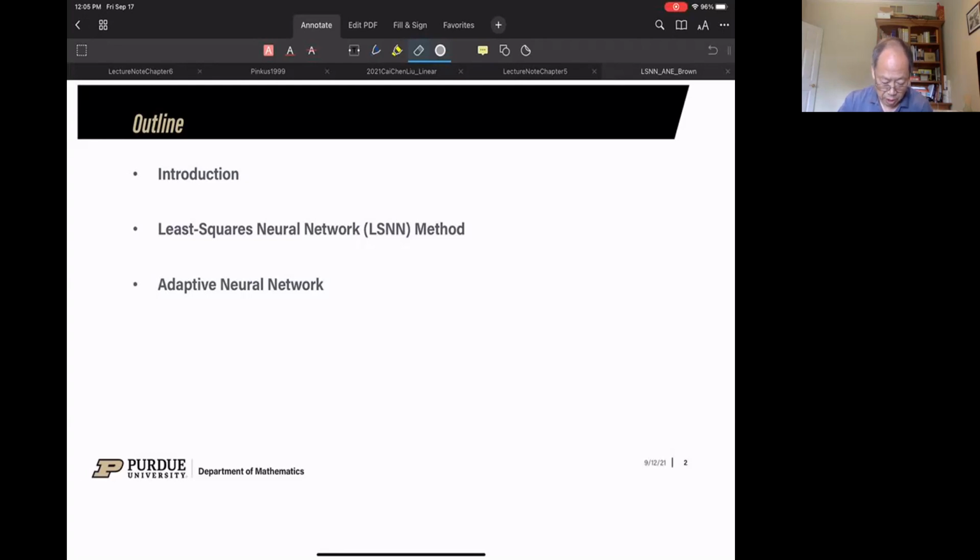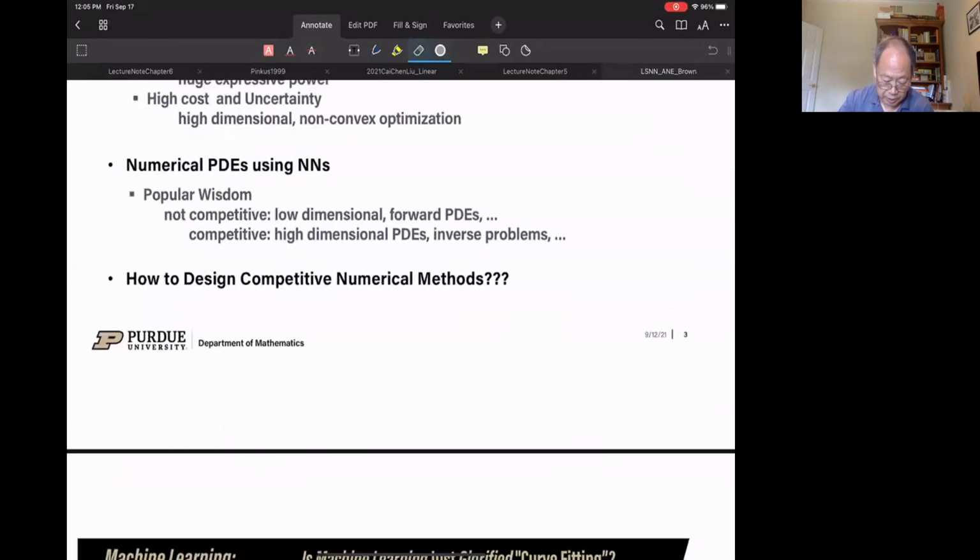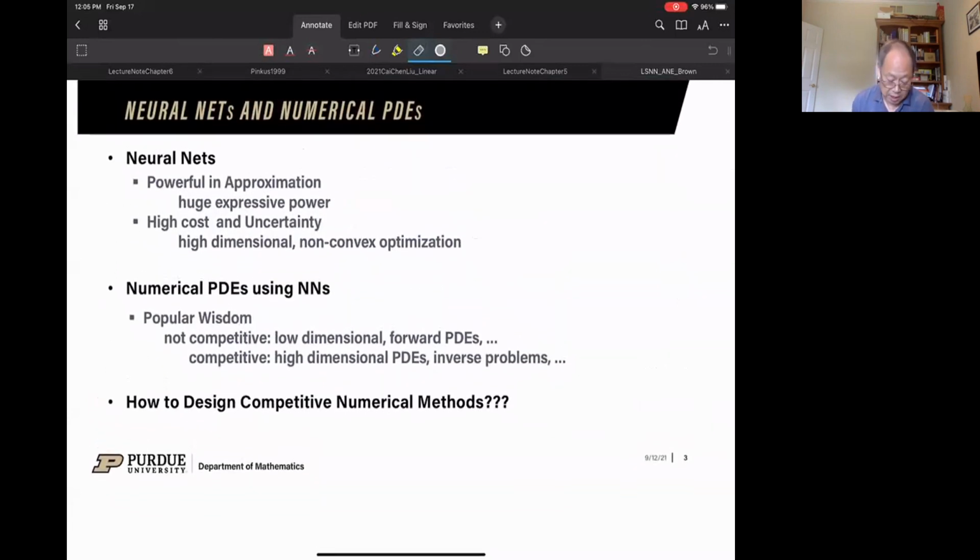Before talking about networks, let me give you a slide describing the current state. To me, instead of learning cats or dogs, what I see in this field is that a neural network gives us a new class of simple functions. We can use them to approximate complicated functions, such as the solutions of PDEs. It's common knowledge that everybody thinks neural nets are very powerful in approximation.